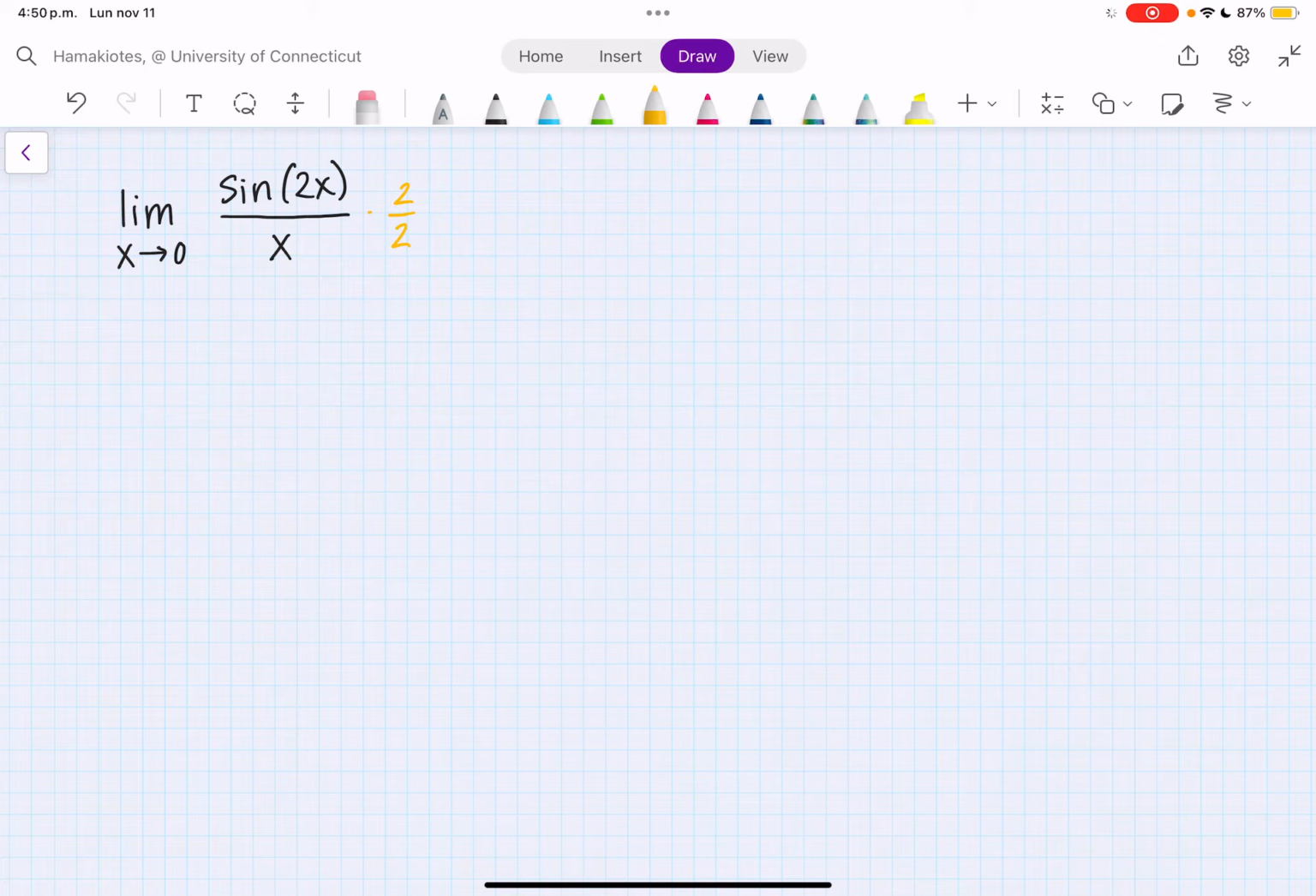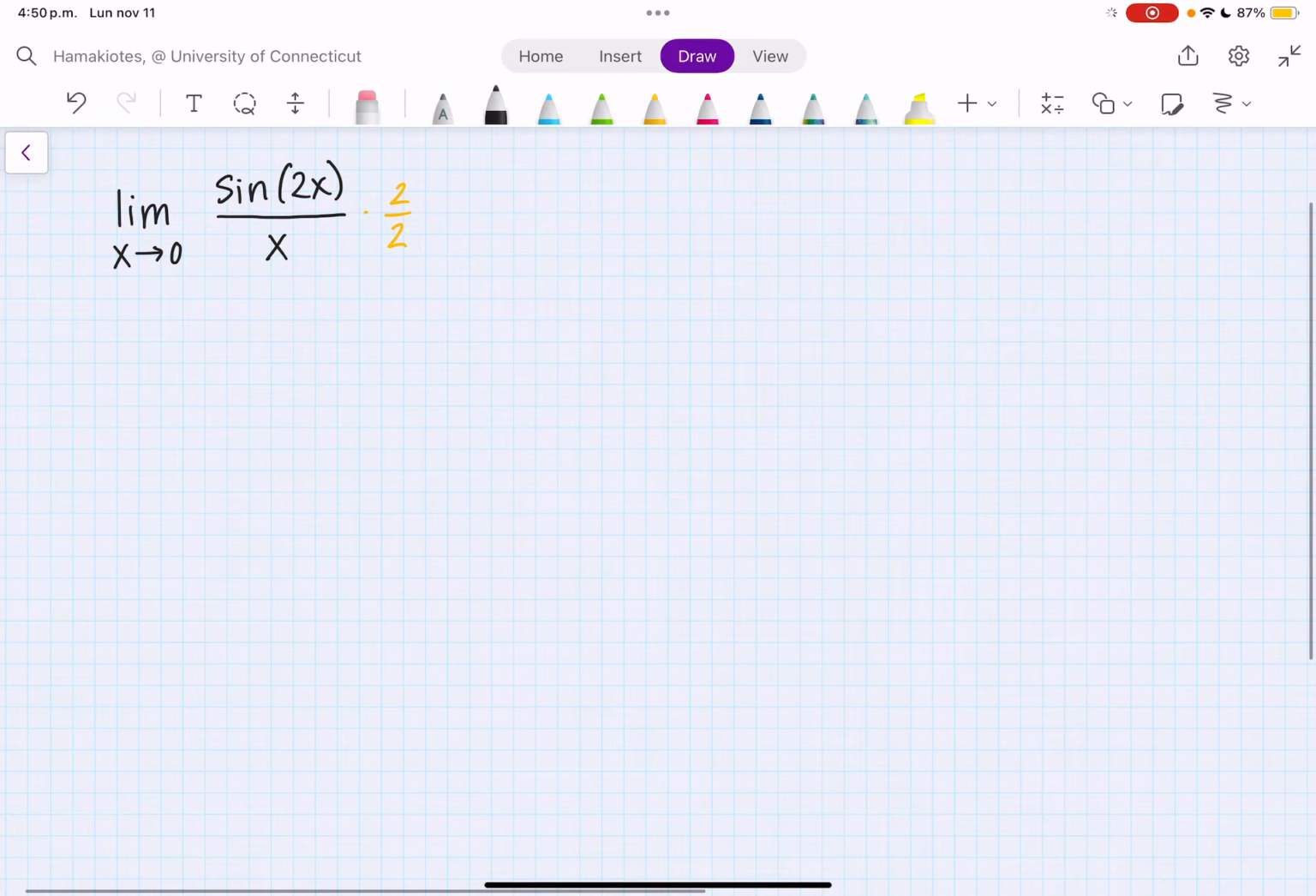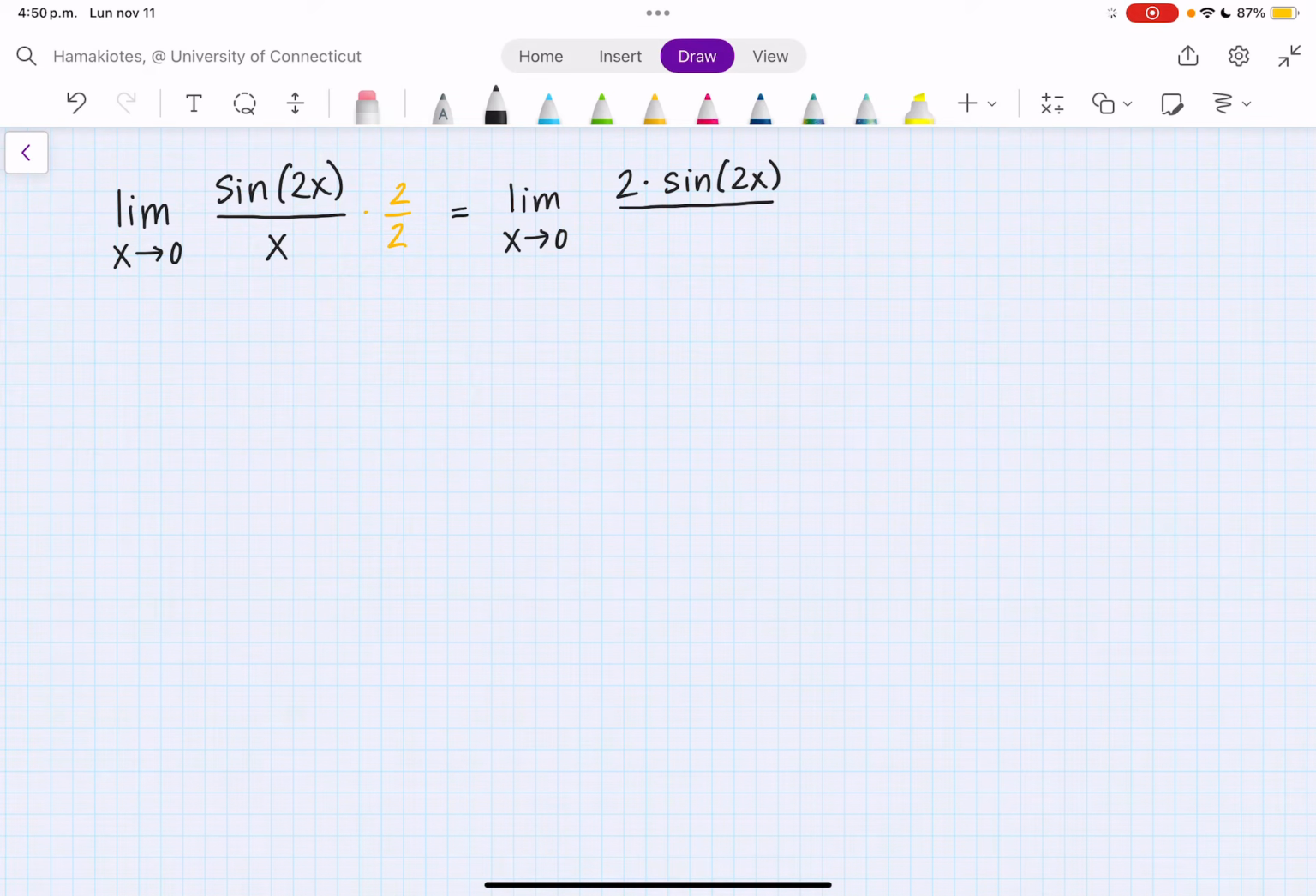By multiplying by 2 over 2, I'm basically multiplying by 1, so I'm not changing the value of this fraction. And so this is equal to the limit as x approaches 0 of 2 times sine of 2x all over 2x. So now I see I have a 2x in sine and a 2x in the denominator, and maybe I can do some substitution. So first I'll factor out the 2 in the numerator outside of the limit. So I now have 2 times the limit